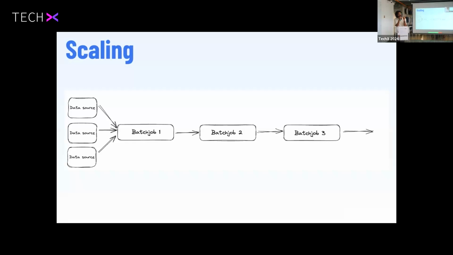Once you get this data, it is not in the format that you need. You need to reformat it. You need to scale the images. You need to do reprojection. You need to do remapping. You need to do segmentation. You need to run different data science models on it. Those are the transformations that happen. It's very similar to how you would do ETL, extracting data from your database, manipulating it, and sending it to the front end. Instead of sending it to the front end, now you're storing it in your database. So you take data that is publicly available, you transform it depending upon what your ML model looks like, and then eventually the output is stored in the database.